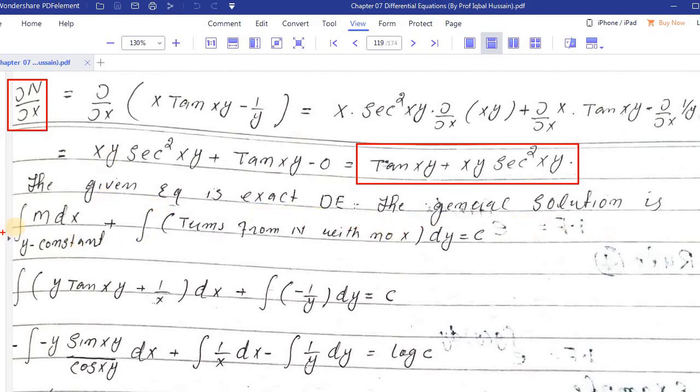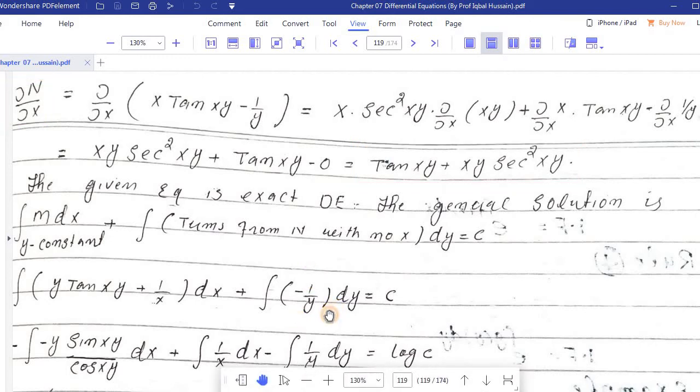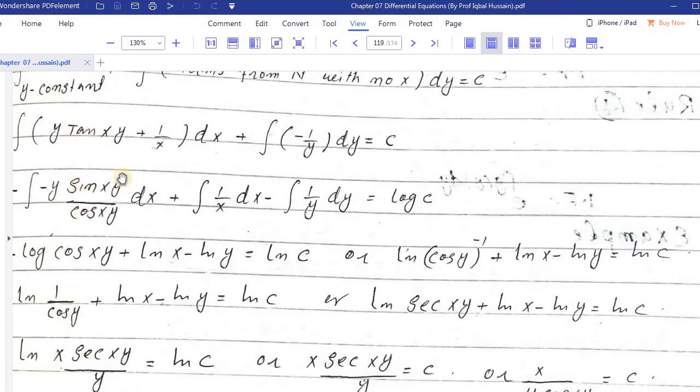The general solution is integral of M dx, where y is constant, plus integral of those terms from N with no x, dy, is equal to c. Putting the value of M, this is value of M, and this is that part of N which does not have x. Now we have to simplify the problem. Integration of first term, integration of second, integration of this one, this c is again, here we can write either c or log c. Now this is f dash, so we can use